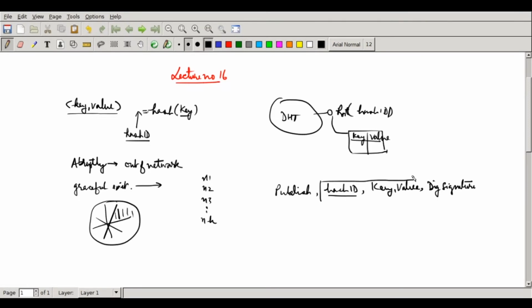This is what is going to be stored in the database as well. Here not only the key but the hash is also stored. That keeps life simple, since you don't have to compute it again. It is possible to live without it and compute it dynamically based on requirement. It's a choice, so it may be there or may not be there. Even if it is not stored, you can always compute the hash of the key, put it here, then put the value and compute the digital signature on top of it.